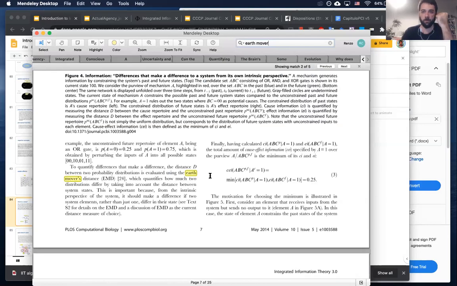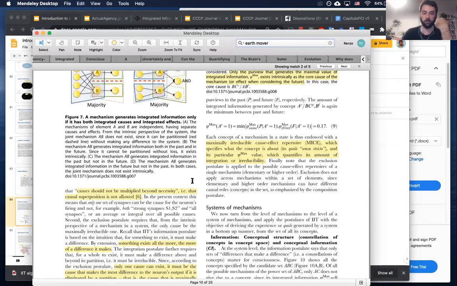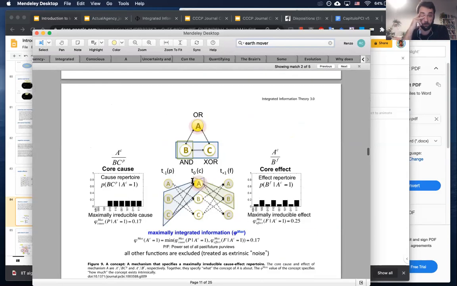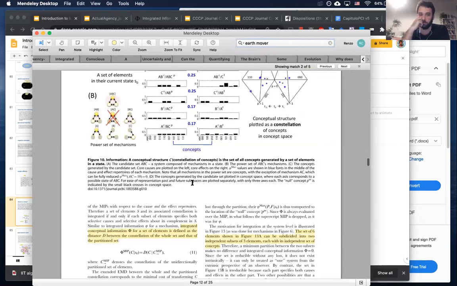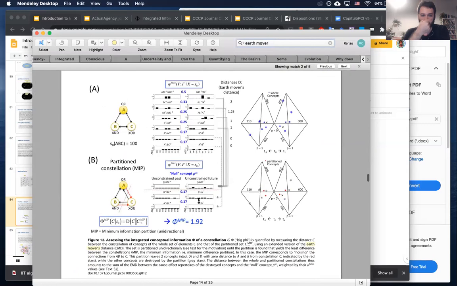You're talking about big phi, right? The relation between big phi and little phi. I vaguely remember. Because you could think of it as like every time you make a cut to the system, let's say you